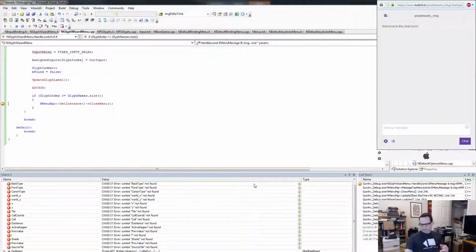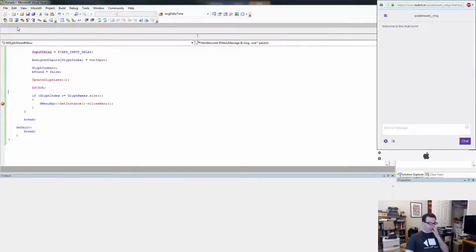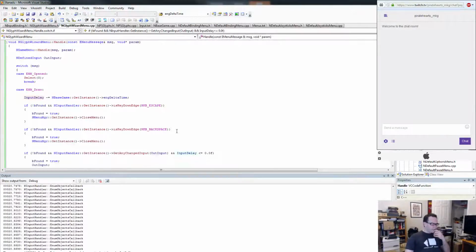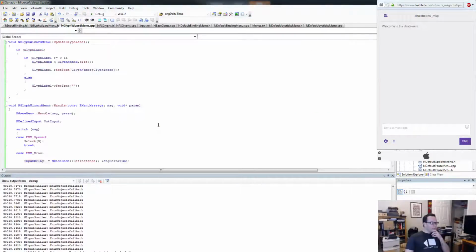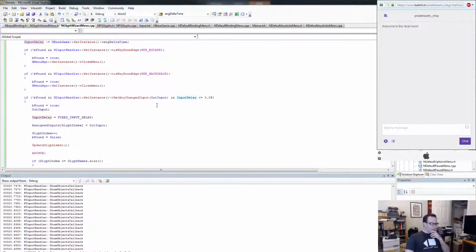Yeah, because that's definitely way too much. And it's actually missing inputs that I am deliberately trying to press. So, let's see, what do I want to do instead? Bring it down to like 0.05 seconds. That may be too small to where it doesn't even make a difference, but we'll see. And then